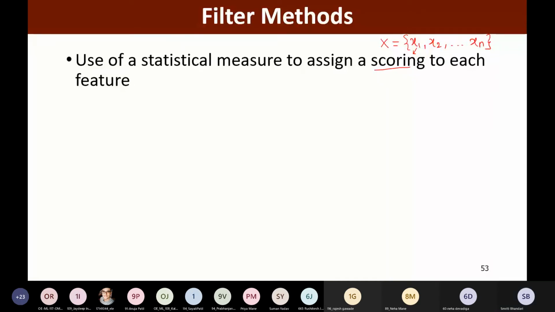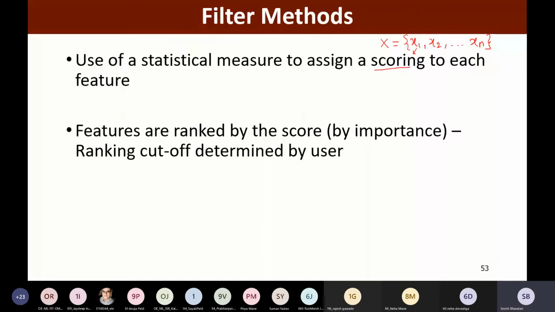These features are being ranked based on the score that is computed. The score actually is giving us the importance of that feature. So we are finding out how important that feature is. Based on this score, or the importance of the feature, we are going to rank those features.